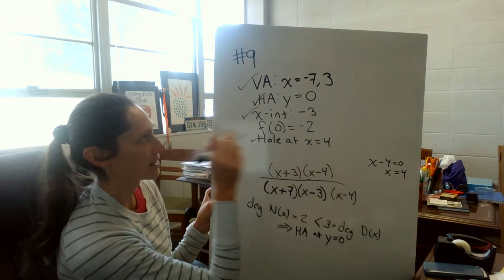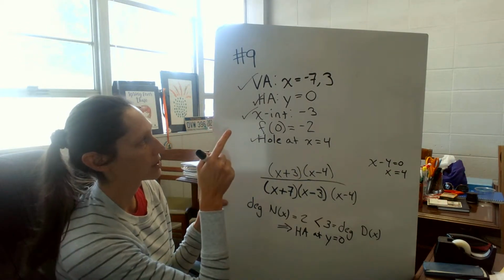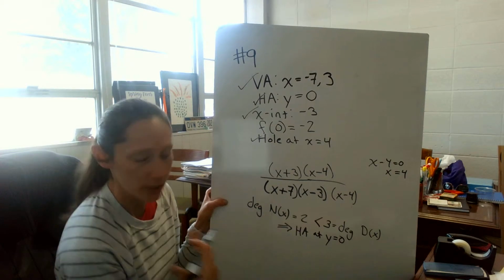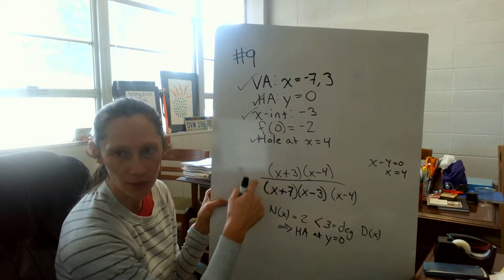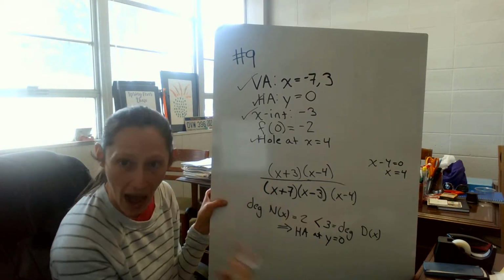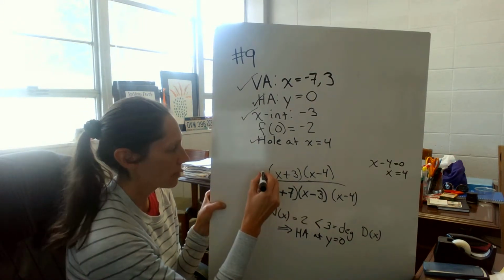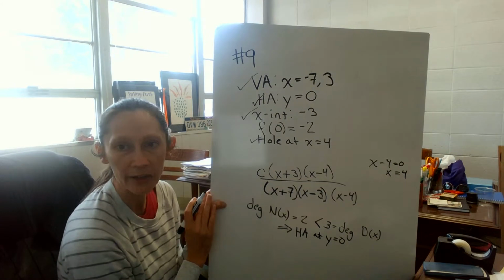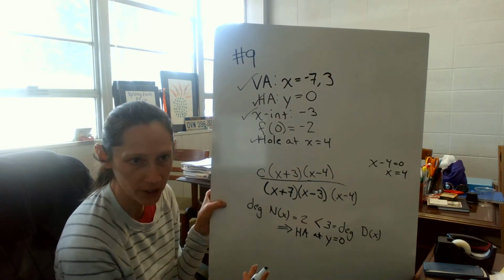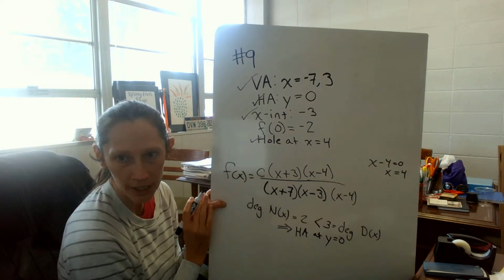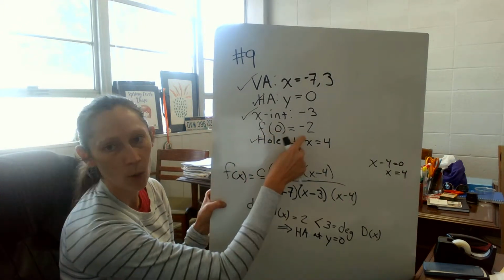This function has the same horizontal asymptotes, vertical asymptotes, x-intercept, and holes as infinitely many other functions. Those infinitely many other functions just have different coefficients out front. I have to figure out which coefficient will allow this to happen. So I'm just going to put an unknown value c, representing coefficient, in front of this function. So here's my function. If I want to determine what c is, this is the ordered pair I have to